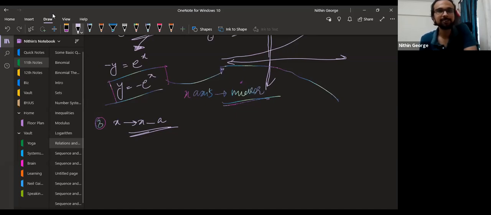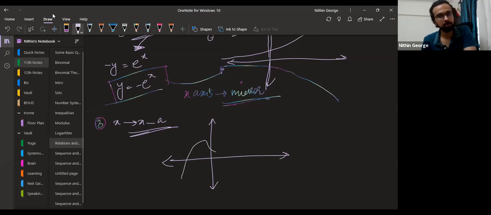All right. Sorry. So x becomes x minus a. So what happens here? You draw any graph, whatever it is. When I say x becomes x minus a, so this is y equal to f of x. So how do I draw y equal to f of x minus a? What do I do? If this much length is a, what I'll simply do is I'll take the same graph. I should have drawn a much easier graph. My bad.